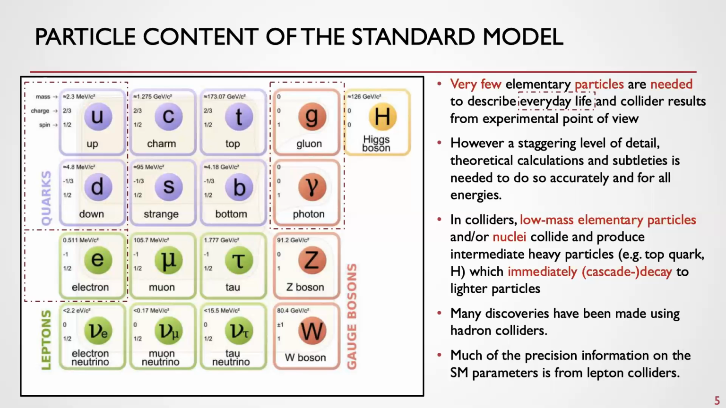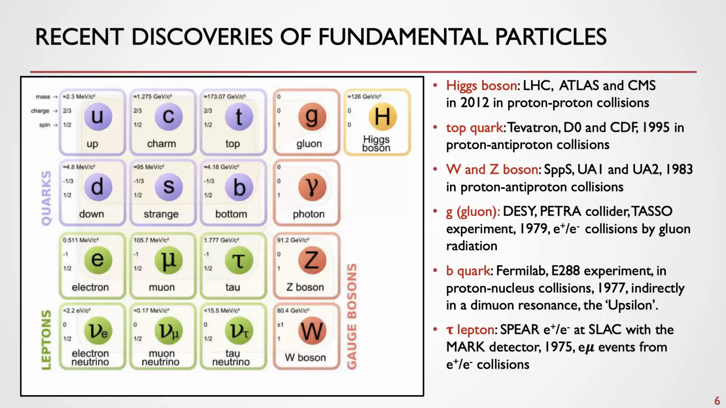Hence, we call proton machines discovery machines. e+e- machines, we call precision machines. Although it's not necessarily true. One can make discoveries at e+e- machines. I list here now the most recent discoveries. No time to go through the details. Maybe let's